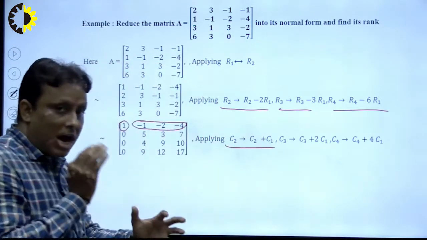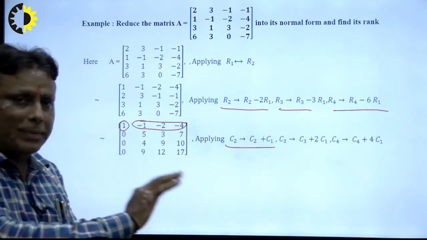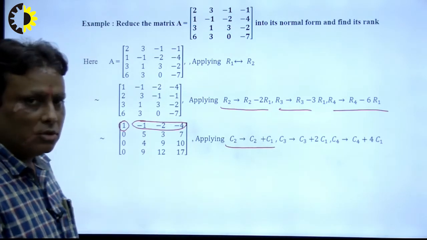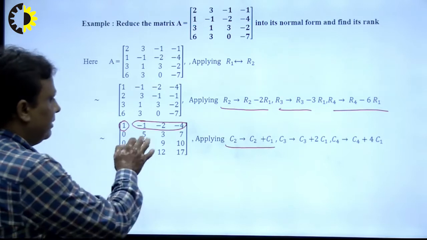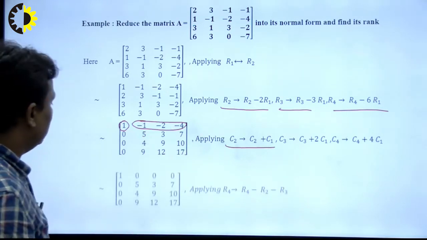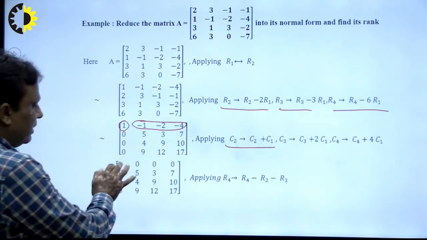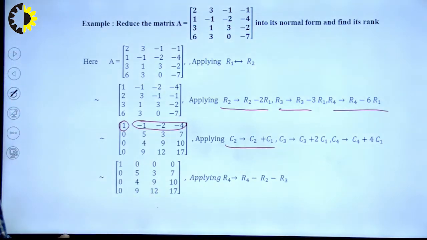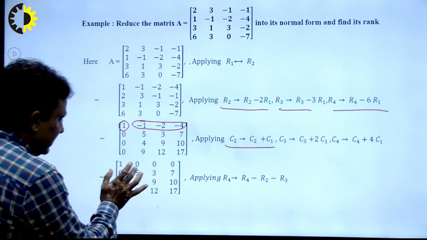So that means after applying the first row operation, after this we apply only column operations. So we take the minimum time. So what will be the next result of this? So the result will be this here, right? 1 0 0, and the remaining portion is the same, right? Now the question is that I want to create 1 here,